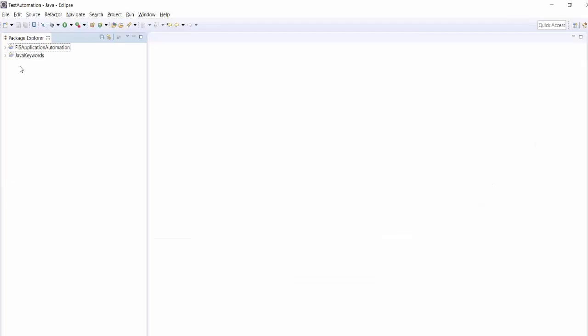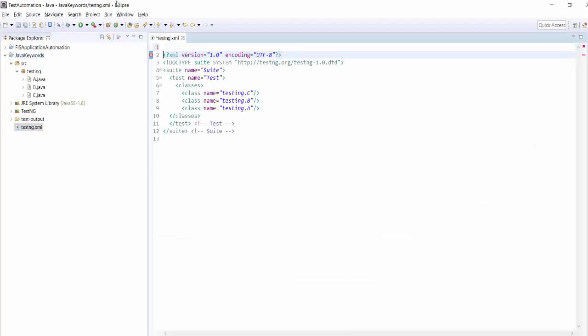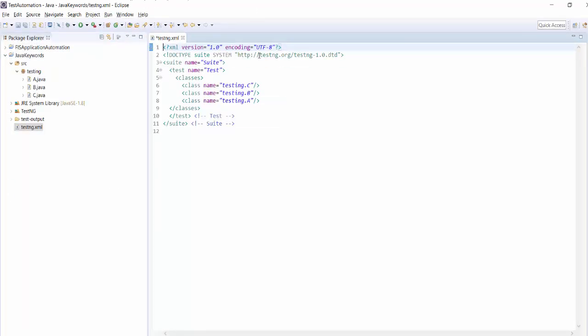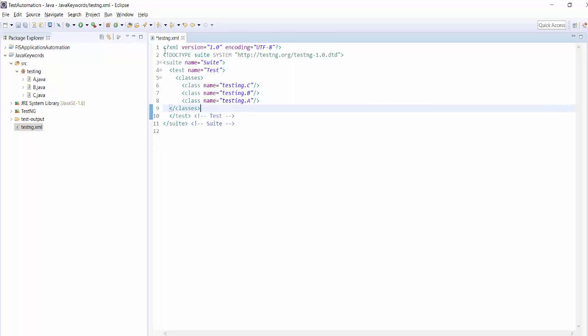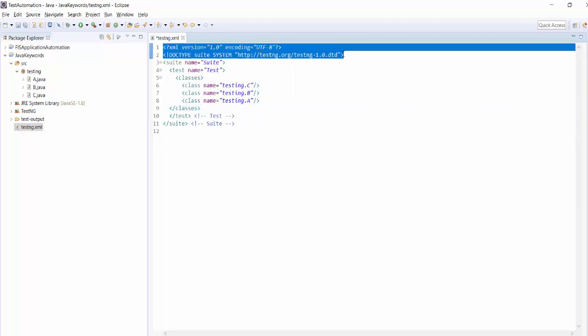For that, first of all, I'm moving to Eclipse, and there we can analyze this file, testng.xml. After analyzing, you can easily understand what all the annotations we have. If you remember, previously we have seen test, before method and after method. But if you analyze this file, first of all we have two comment lines, so just ignore them.